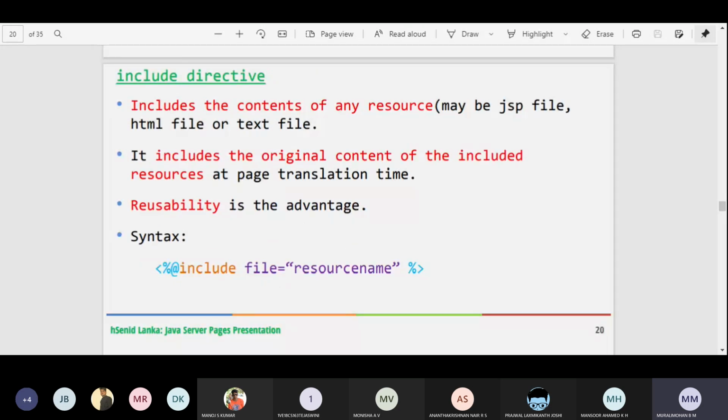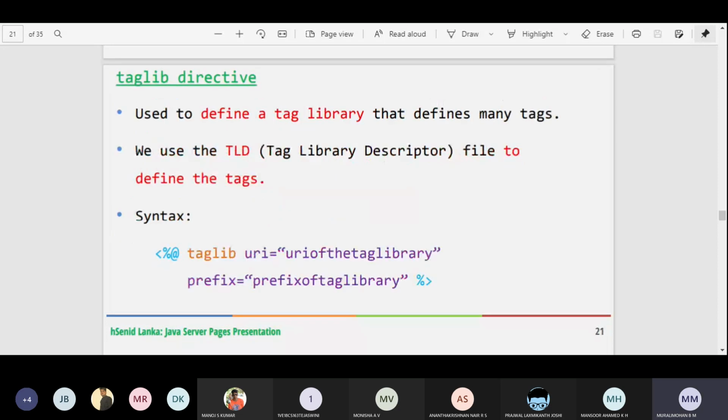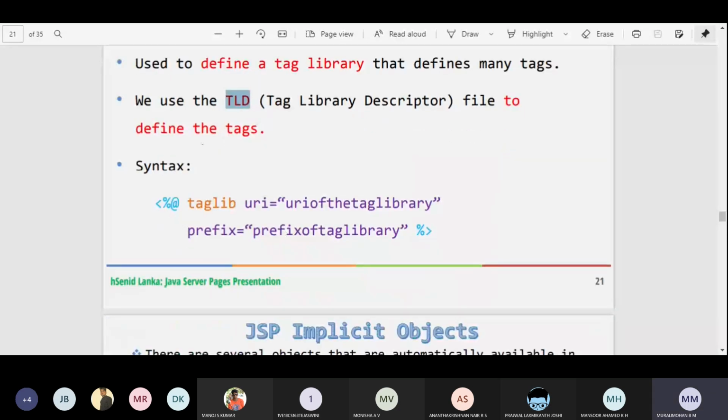Next, the taglib directive. It is used to define a tag library that defines many tags. You can use a tag library descriptor file to define the tags. So this is how we can write this taglib directive here. Okay, so at the outset, you should remember: list and explain JSP tags.